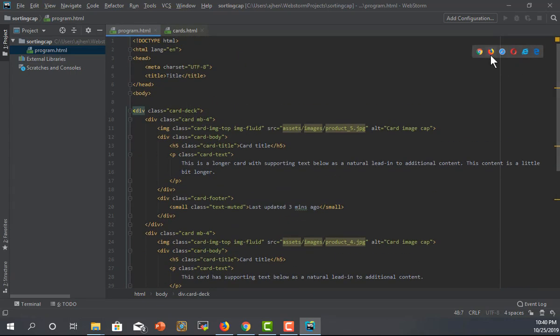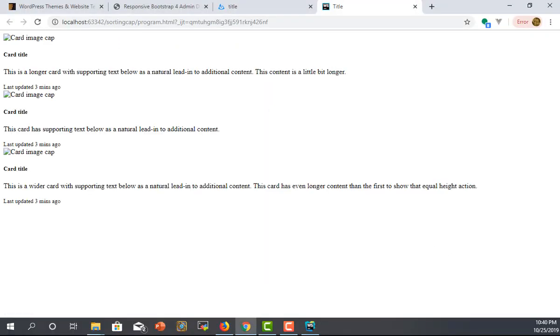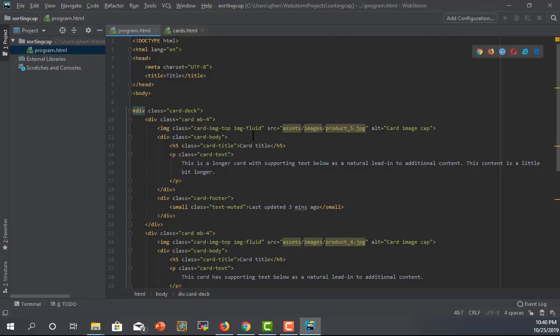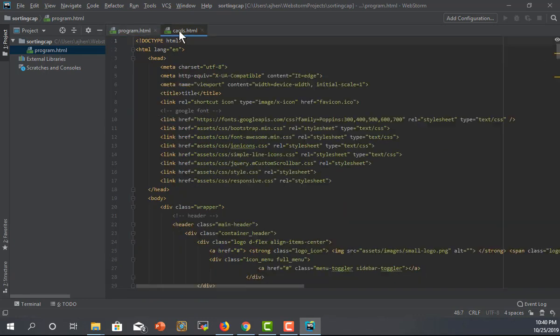Now, if I take a look at what this looks like right now, it's not going to look anything like that. Number one, I don't have the pictures, so I'm going to need to add the pictures. Number two, I don't have the CSS or the rest of the structure, so I'm going to need to add that as well. So let's go back to WebStorm, and okay, so this is a div class card deck,